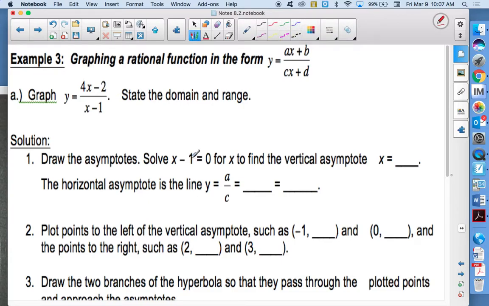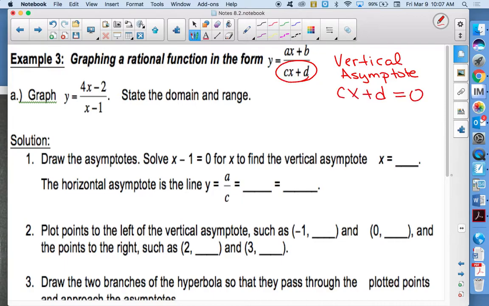Just a little bit of information about this form. There are two asymptotes that we find. The one is the x equals. That's called the vertical asymptote. We talked about that one yesterday. The way you find it is by taking the denominator part, that's this piece here,